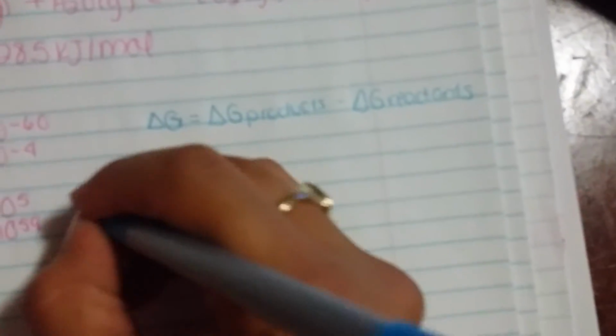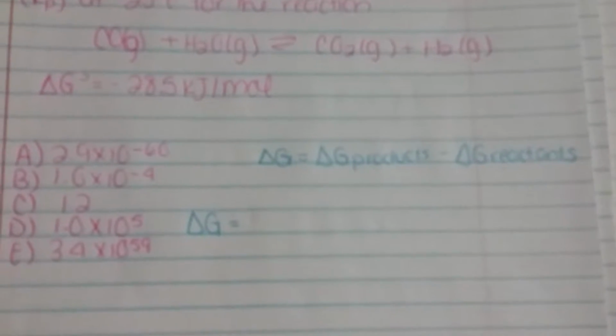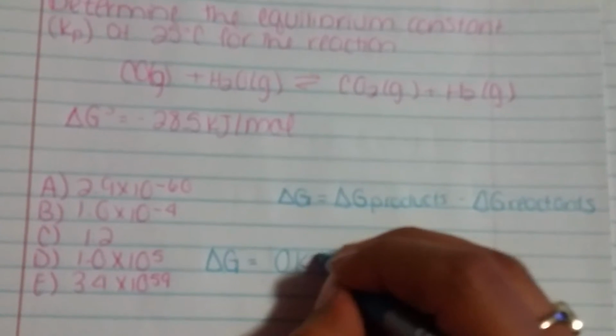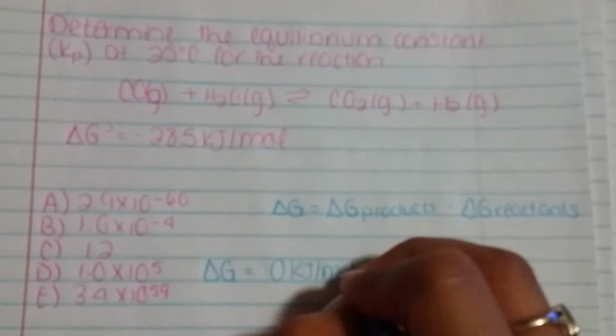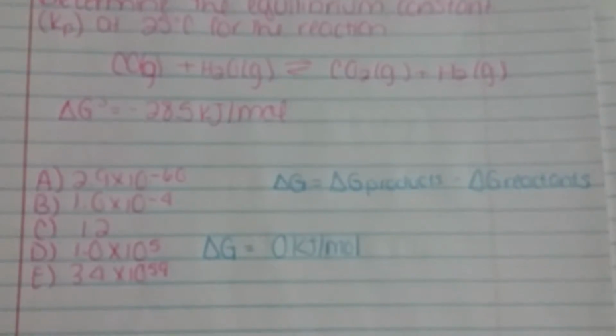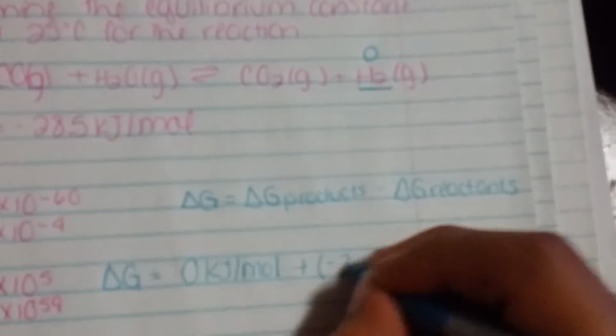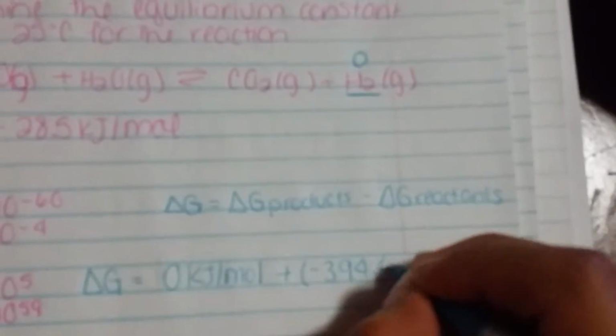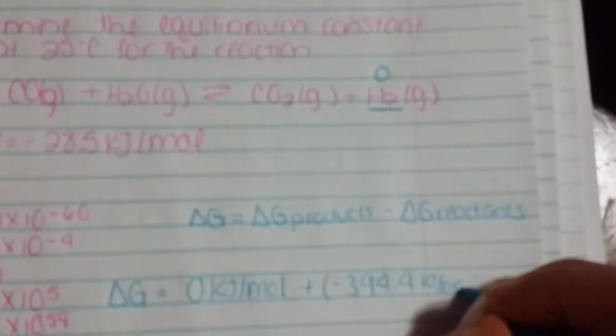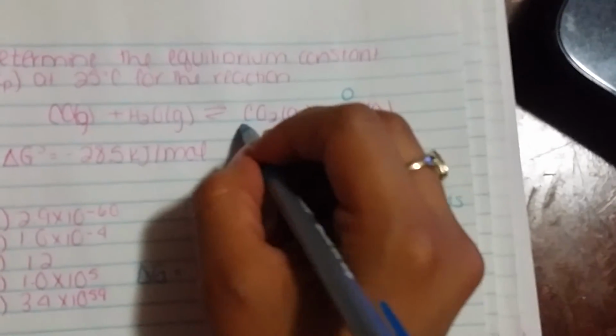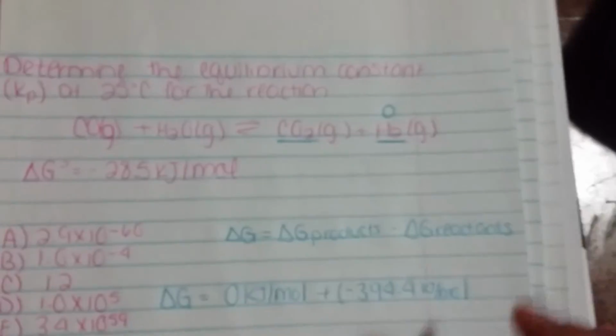So delta G would be equal to 0 kilojoules per mole from the hydrogen, because it's by itself, so it has a delta G of 0, plus negative 394.4 kilojoules per mole from 1 mole of the carbon dioxide,